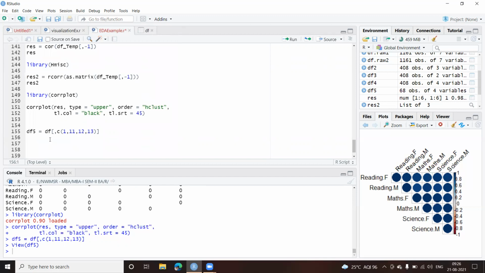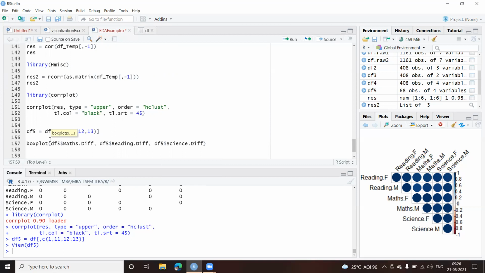Now let us draw a simple boxplot. Okay, and now I'm not using ggplot. Please remember, I'm using a simple boxplot. Fine. And now the parameters we have to pass here are the values. So df5 with the dollar sign, let us use maths difference, comma, df5 dollar reading, and finally df5 dollar science difference.